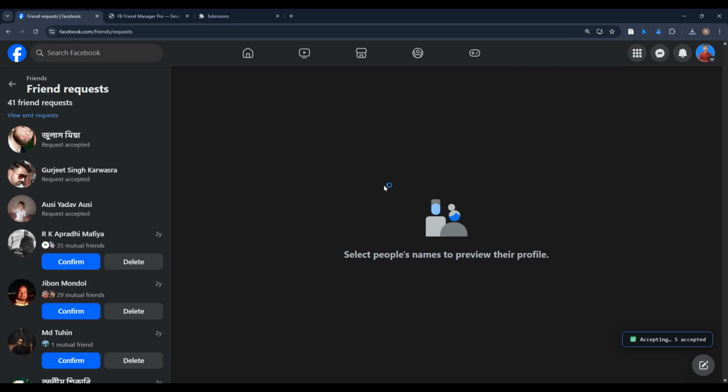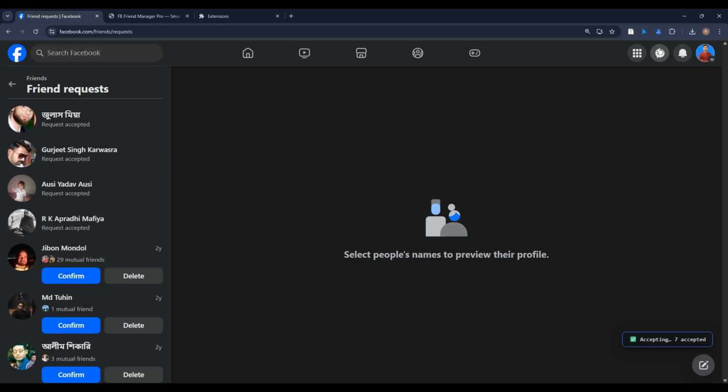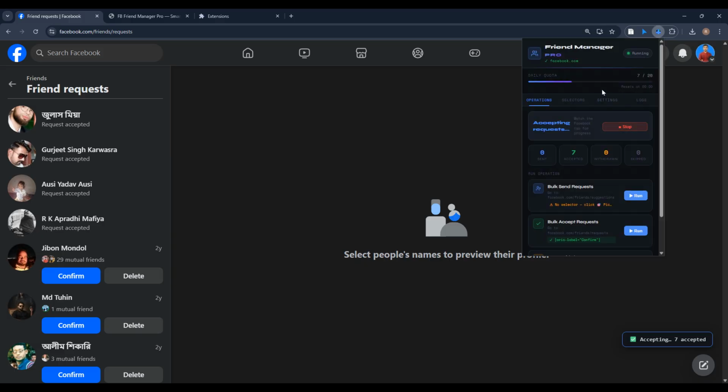I'm not doing anything, the mouse cursor is here and it will be automatically accepted. Also you will see a small notification here that 5 requests are being accepted, and it's 6 now. It will continue until it's finished, up to 30 matches. Okay, now I have another thing to show you for this extension, which is